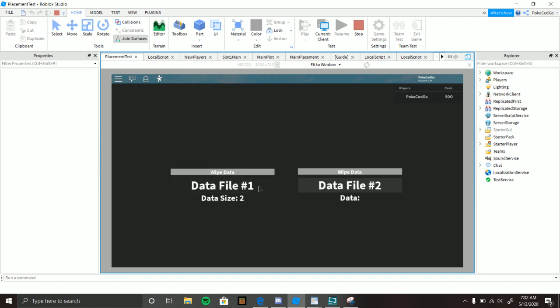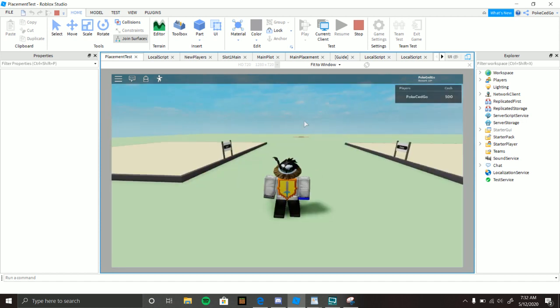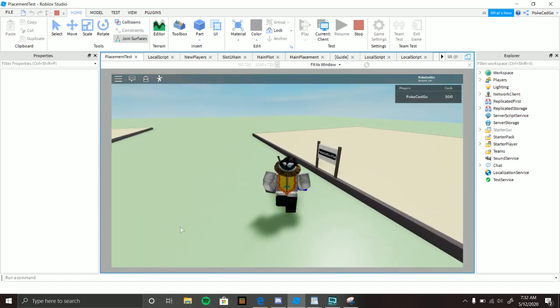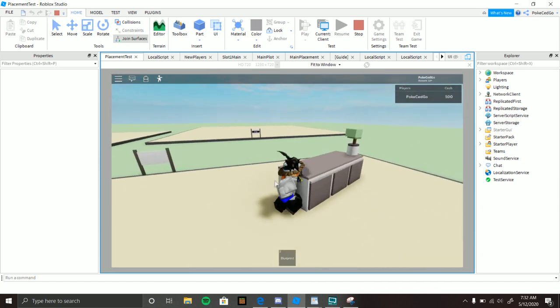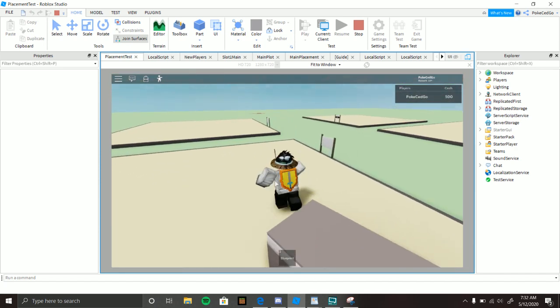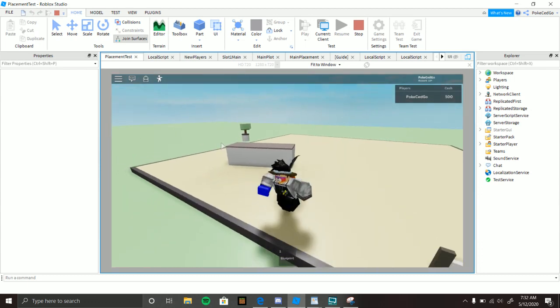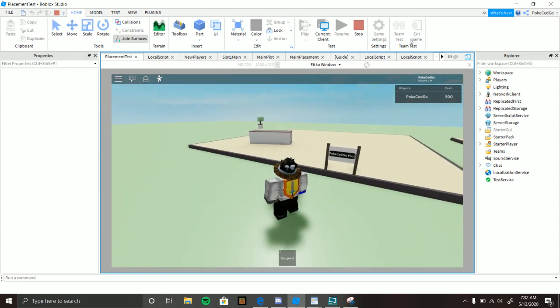So I added the data wipe. Like before, there's two slots. You can pick two different data files. You should load the data wipe and watch the previous video if you want to see the full demo of the whole thing saving and loading. So typically I have a data right here. So what I'm gonna do is leave the game